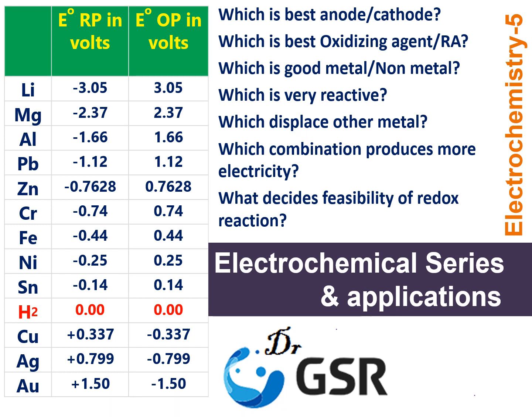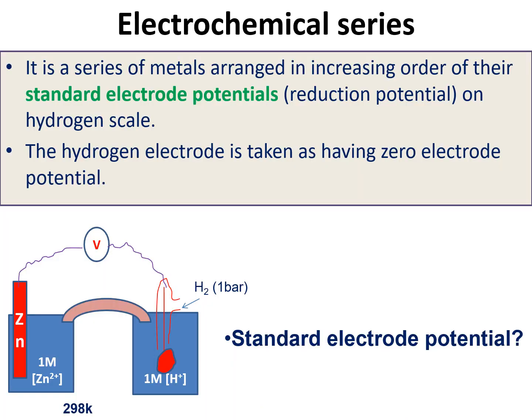So in this video, we will learn what the electrochemical series is and how it is applicable in different conditions. So what is the electrochemical series? It is an arrangement of different metals in increasing order of their reduction potentials, that means standard electrode potentials, standard reduction potentials. We can use different metals to construct an electrochemical cell. We already know a single electrode potential can be measured by using reference electrodes like SHE, the standard hydrogen electrode.